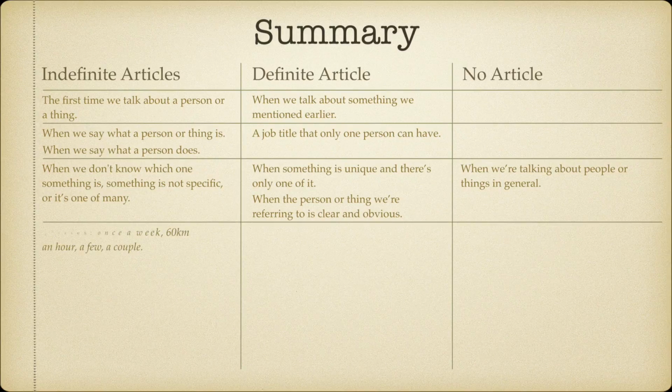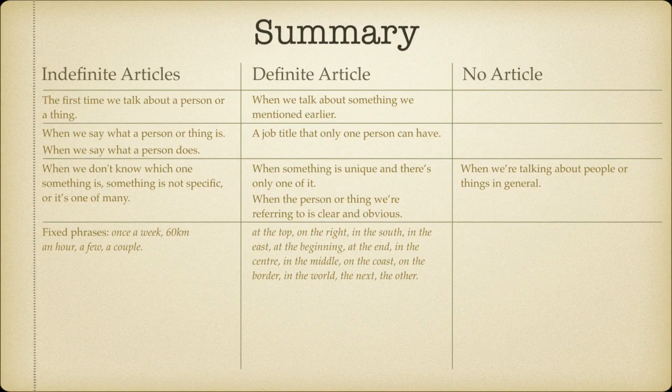We use indefinite articles for fixed phrases such as once a week, 60 kilometers an hour, a few, a couple. We use the definite article for at the top, on the right, in the south, in the east, at the beginning, at the end, in the center, in the middle, on the coast, on the border, in the world,